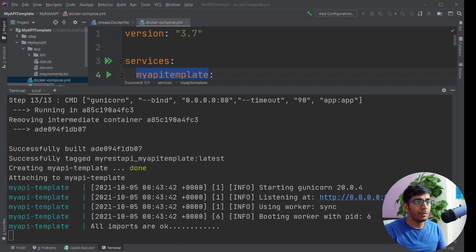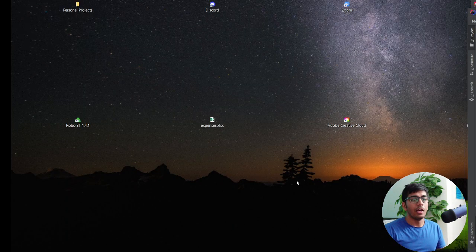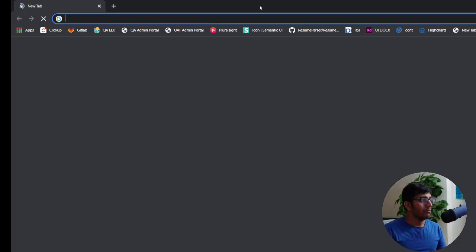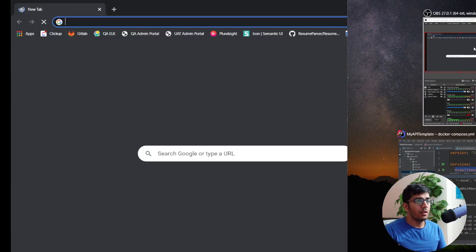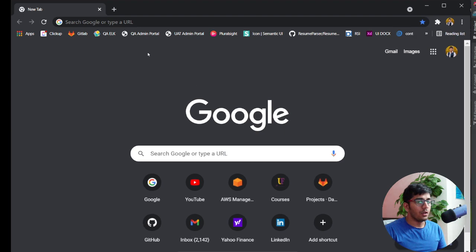Now I need to switch my screen, so kindly be patient while I switch. I think I need to turn this off when I turn my display capture on. So hopefully you guys should be seeing it now. Now I need to go to Chrome. Please be patient, as I said. And let me expand the screen.